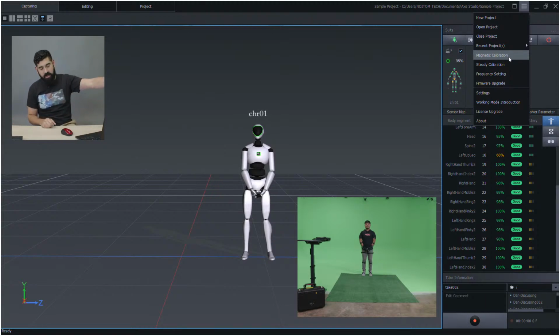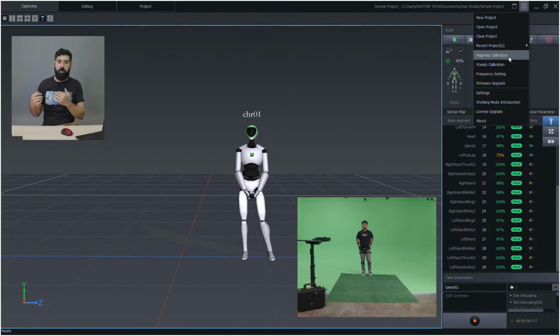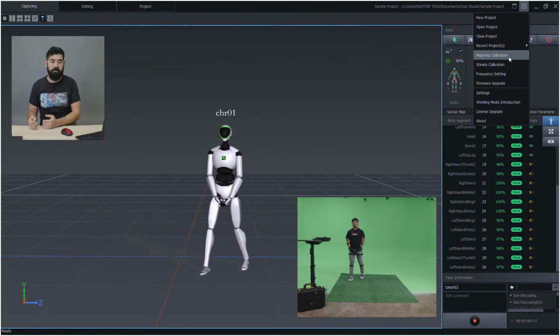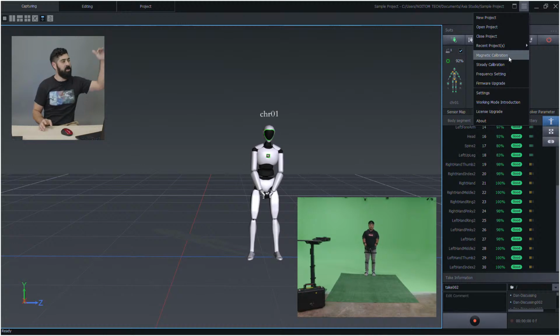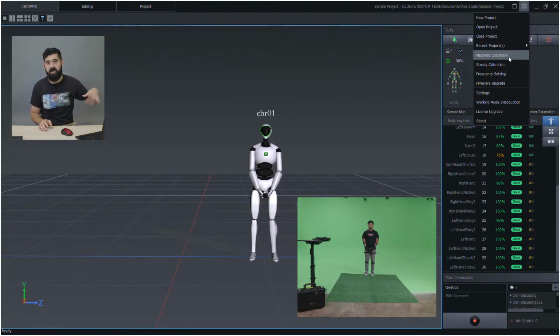For example, we had placed it on the table right there where you see the box. And then you will perform the steady calibration. The steady calibration is for the gyroscope of the sensors, and again, it'll be for optimal capture once you put them on. After those things are done, you'll obviously put on your sensors, you'll make sure that your straps are in the correct location, and then you're ready to do your motion capture session,